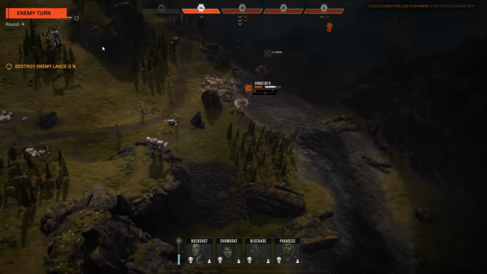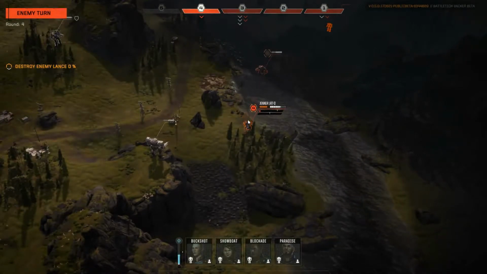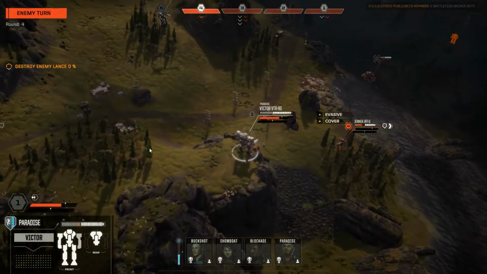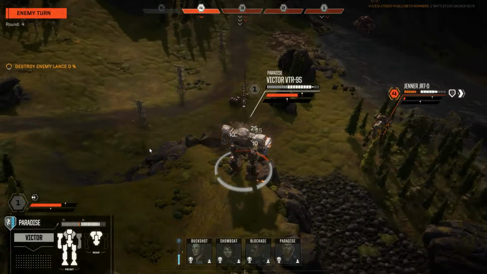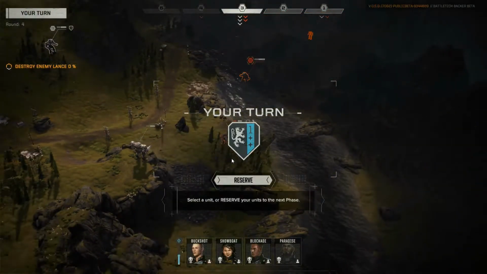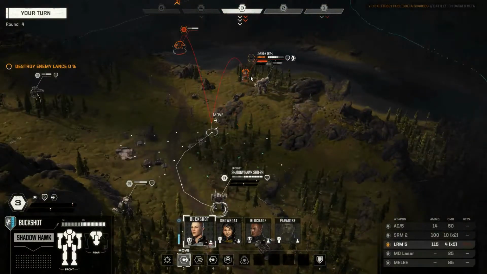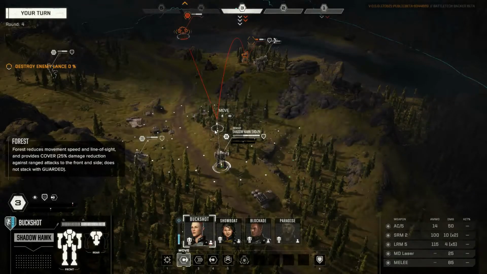So we might back people up and drop LRMs on it, while we keep trying to pull everybody else in. Victor here, he might be in a bit of an awkward situation though. He might be taking a lot of damage here. He's really exposed on this front point here to everything, right? He's got a whole turn before he gets anything done. And this guy's got his evasion back. Maybe I should just use...